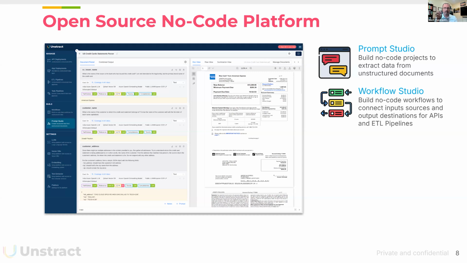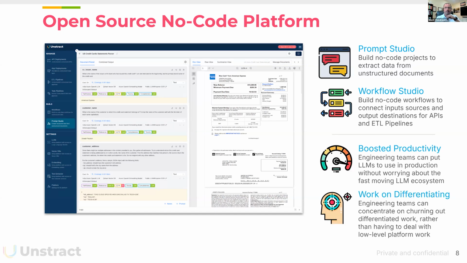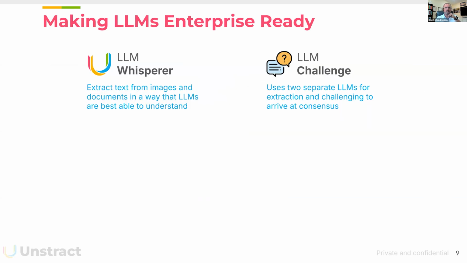Or if you want to extract a particular piece of information, like what is this particular customer's billing address, it can expose that. You can do transformations on the data as well. So many things that you can do without writing any kind of code, just with natural language. And obviously that boosts productivity and all that. I'll save the marketing stuff for you, but you understand what it actually delivers, right?